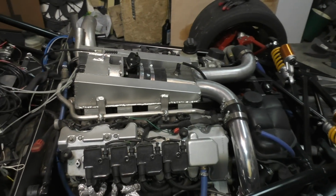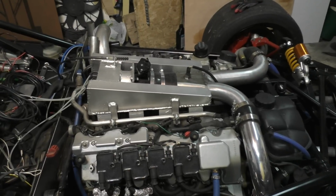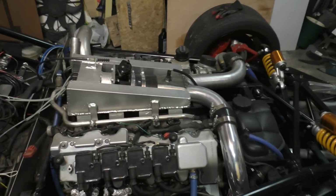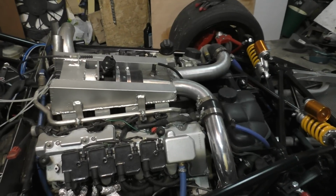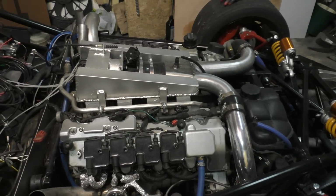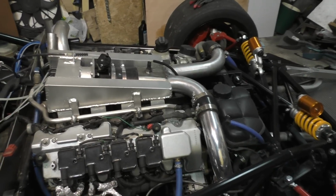Most of you might already know about this engine if you watched previous videos. This is an E55 engine. It's a 5.4 liter AMG V8. From the factory it comes with a supercharger, but I'm using it with twin turbos, and there are a few changes that I've made to the internals of the engine as well. From the factory it comes with a 9:1 compression ratio, but I'm running 8.5:1, so slightly lower. And I've also ported the intake and exhaust